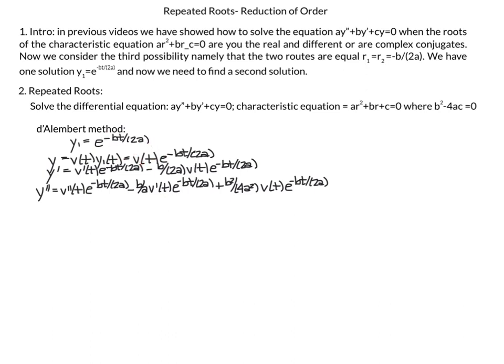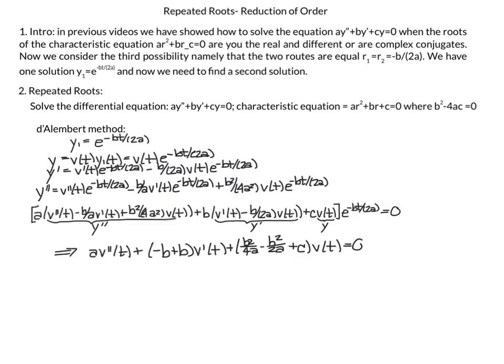So that's v of t times e to the minus bt all over 2a. We calculate y prime, and we calculate y double prime, remembering to use the product rule. And then we plug our y, our y prime, and our y double prime into the equation. So we have a times y double prime plus b times y prime plus c times y. All of these, oh, and I did factor out my e to the minus bt over 2a again,